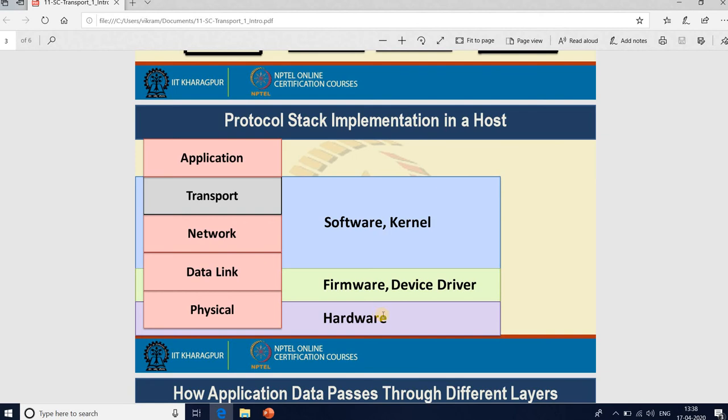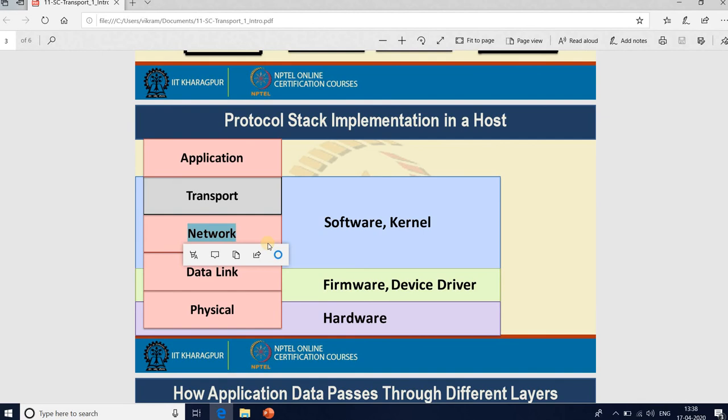Part of the MAC layer, as we will see later, is a logical connection. So part of the MAC layer and then the upper part of the protocol stack, like the network layer and transport layer, are implemented as a part of the software in the kernel of your network protocol stack.